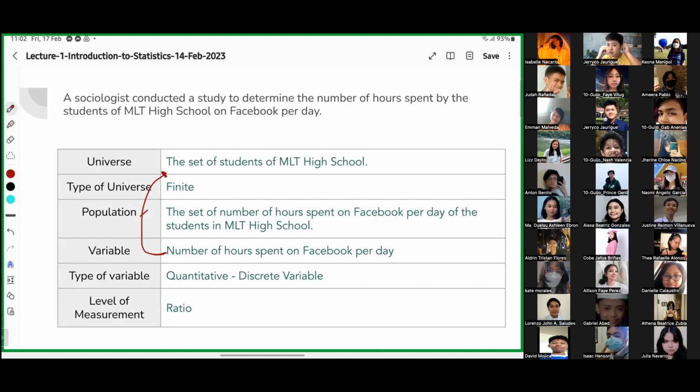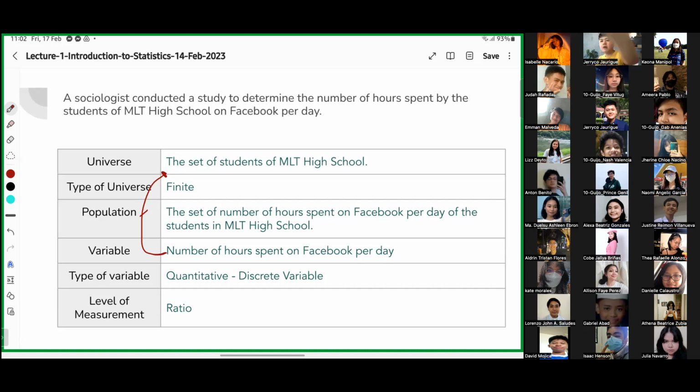Meron pong widget option sa Android. Na nakikita mo yung hours spent on that app? Yes po. Oh, alright. So, ano ba yun? Number lang or may decimal something? Number of hours and minutes po. Oh, so ibig sabihin, so somehow it's continuous. Tama. So, yun. So, kapag ganun natin dinefine, thank you, Prince. So, pag ganun natin siya dinefine, magiging continuous siya.